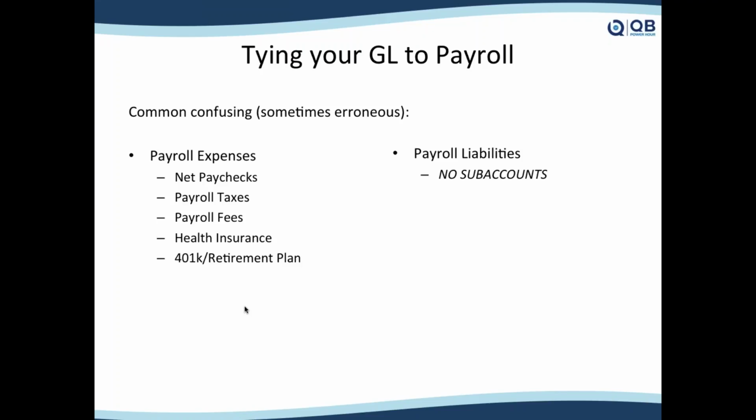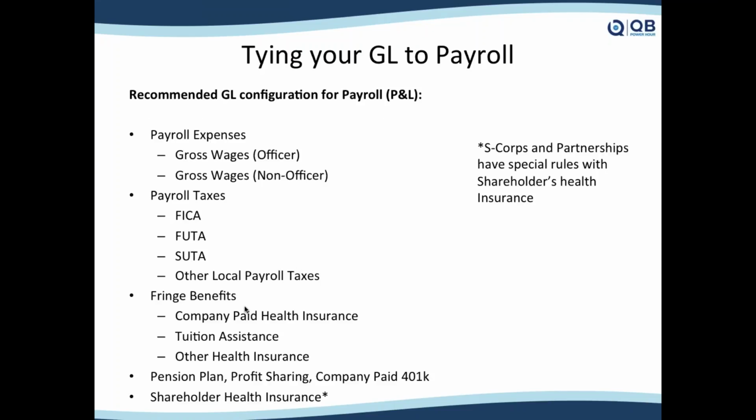And the worst thing also is having just one big payroll liabilities account where everything is dumped in there. What you're seeing on the screen here, on the left being the profit and loss accounts in your GL, and the right being your balance sheet accounts, that would be the wrong way of doing it. The right way of doing it, in my opinion, would be having your P&L broken down